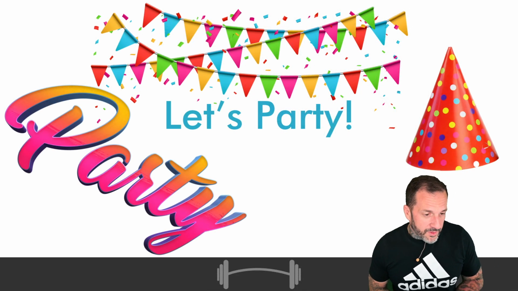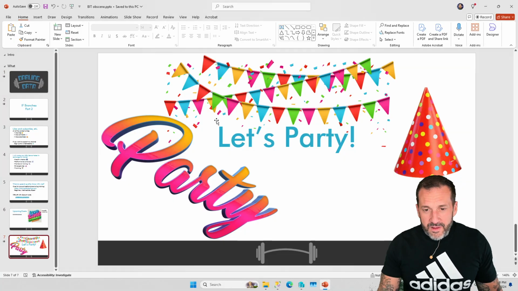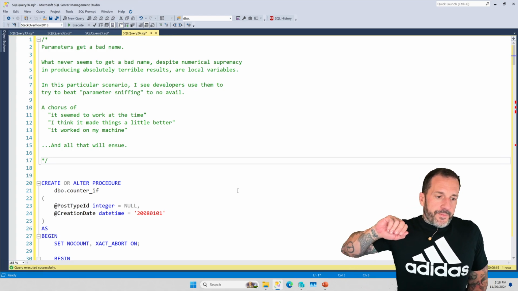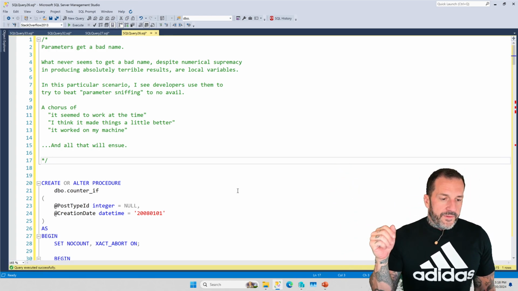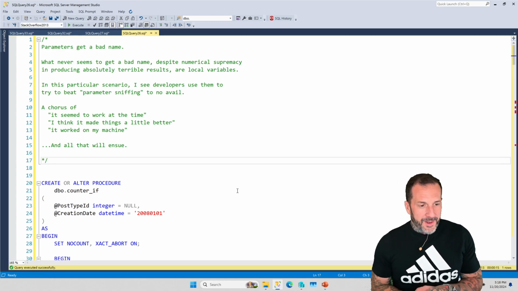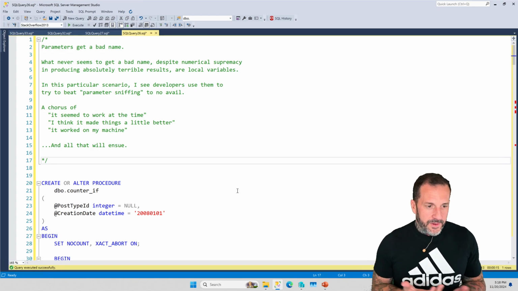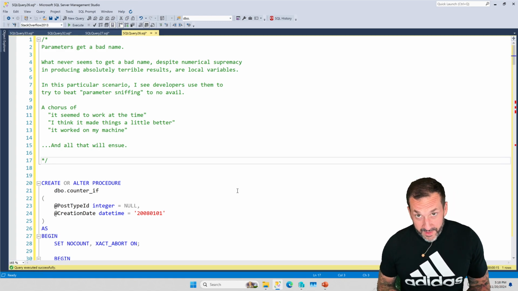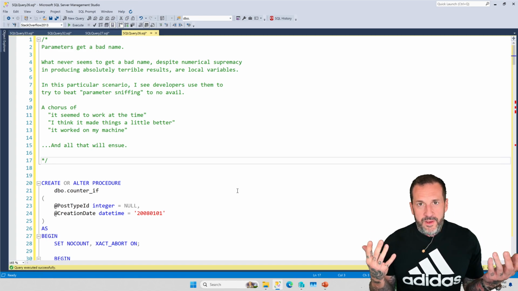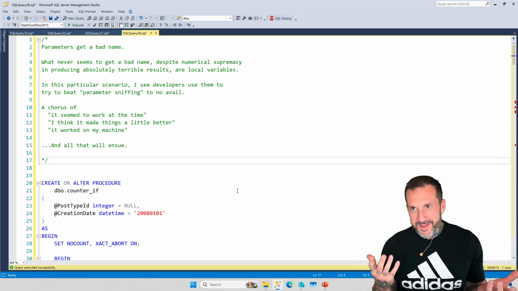But with all that out of the way, let's talk a little bit more about this whole if branching thing. Now, if you watched the last video, or if you've been working with SQL Server long enough, or maybe you read a couple blog posts and now you're an expert, you probably think parameters have a really, really bad name. They get sniffed, they get snorted, they are sensitive, all sorts of bad things happen when parameters get involved, it seems like.